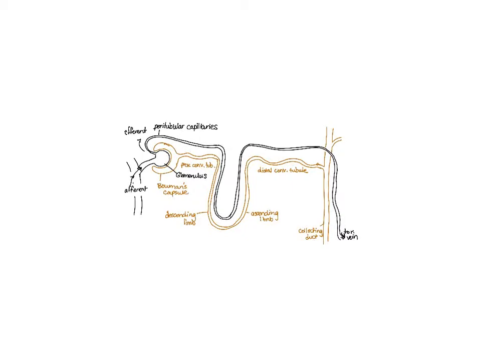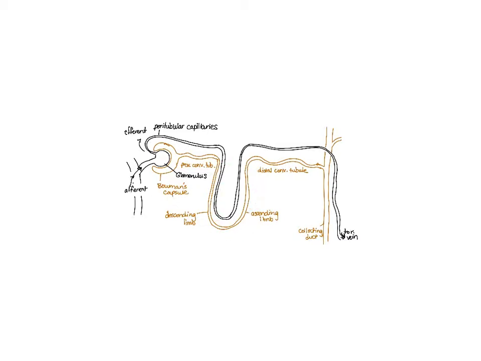So I've drawn a nephron, but it's a little bit different than the one I showed before. This is not at all anatomically correct, but it's the best way to visually see what's going on. As we've talked about, there's 4 different sections of a nephron. We've got your glomerulus and your Bowman's capsule, your proximal convoluted tube, your loop of Henle right here with the